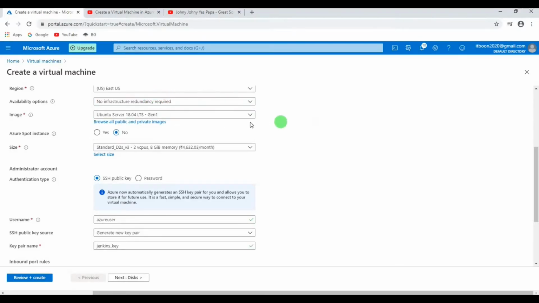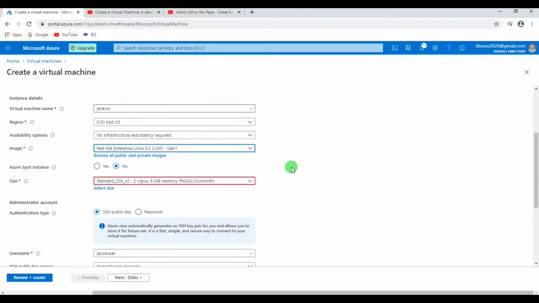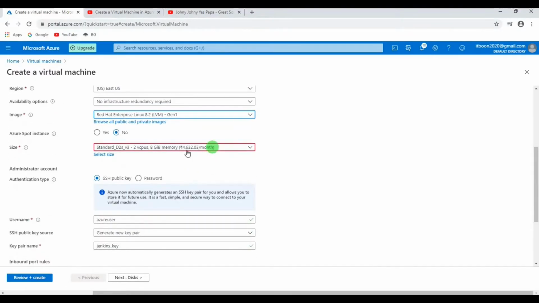and the availability zone. Based on the data center you select, the price of the subscription will change in the section below. See here, you will see how much CPU, 2 CPUs and 8 GB memory, is getting added, and per month for this server they will charge 4,632. Again, this will be from your free credit. Once you utilize that credit, then it will be from your credit card, so you will have to pay